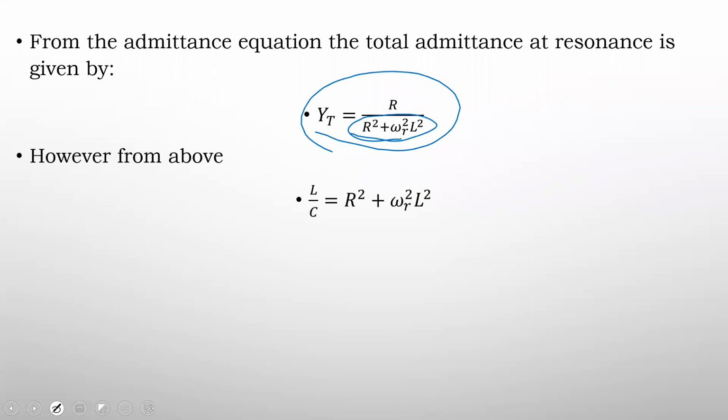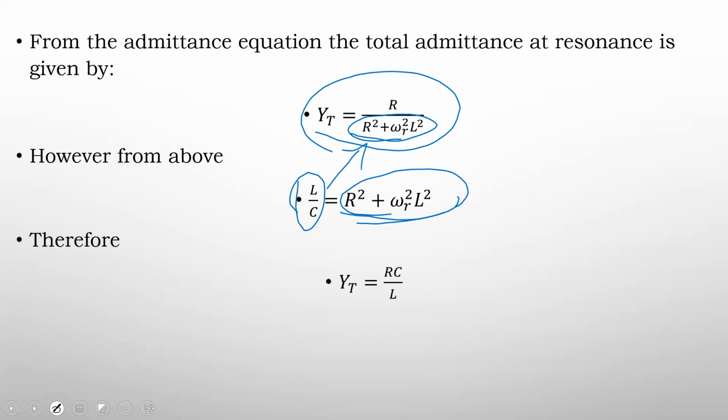L over C is equal to R squared plus (omega L) squared. So I can substitute for this into this expression. If I make the substitution, I get YT to be equal to RC over L. So YT is equal to RC over L, which means, therefore,